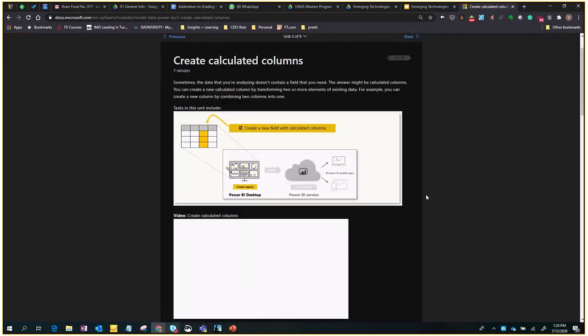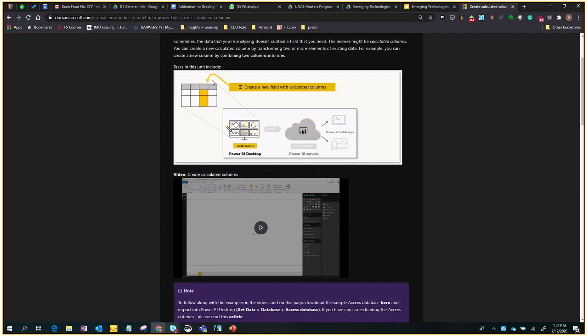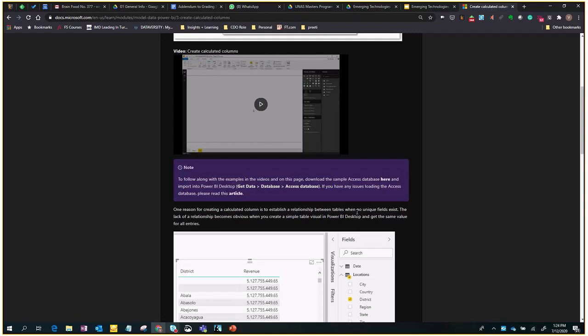Okay, create calculated columns. Another way to connect the two data sources is to create a third column that combines data from multiple sources. So you could do that. One reason for creating a calculated column is to establish a relationship between tables when no unique fields exist. So you don't have any automatic key to connect the two data sources, and then you may want to create a calculated column, which you then use as a mechanism to connect the two